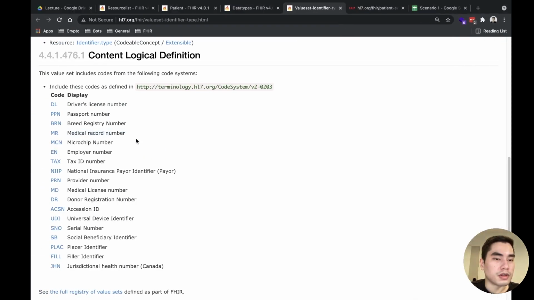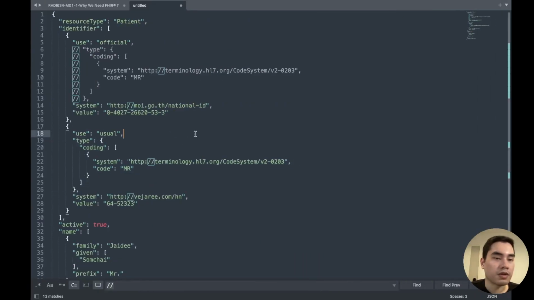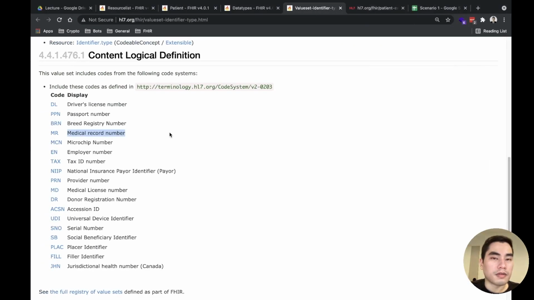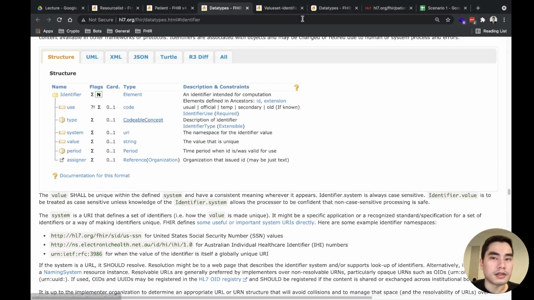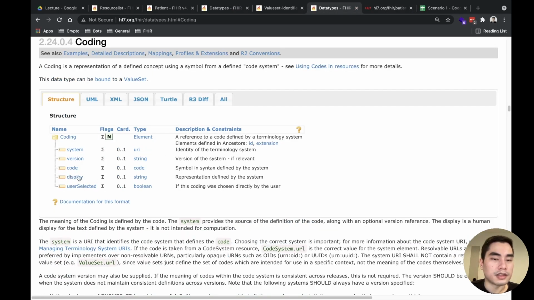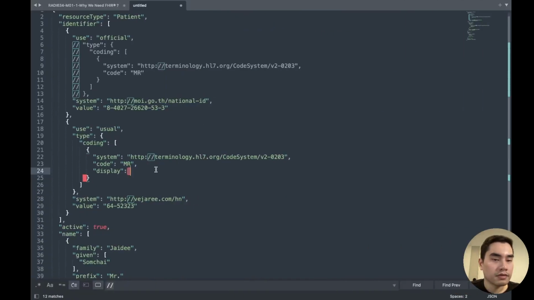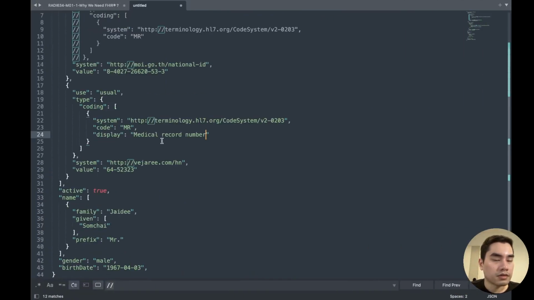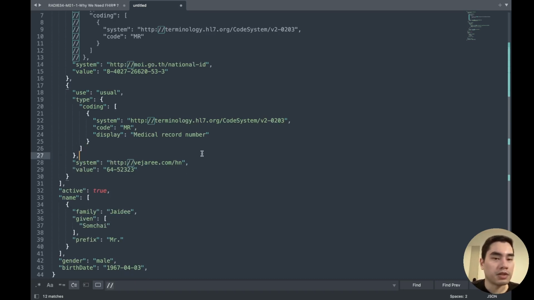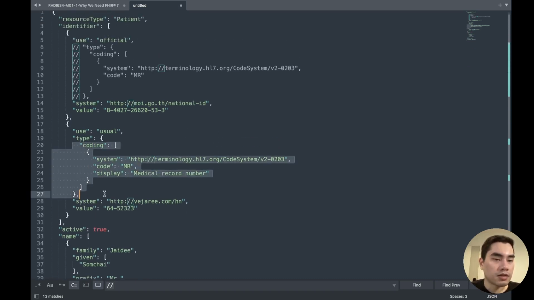If you want to put the medical record number so people can read and understand it, you can put it here as display, because the codable concept has text and coding has display like this. Or you can put it in text like this also. So it depends on implementation. So this is the coding, the type of identifier for the HN.